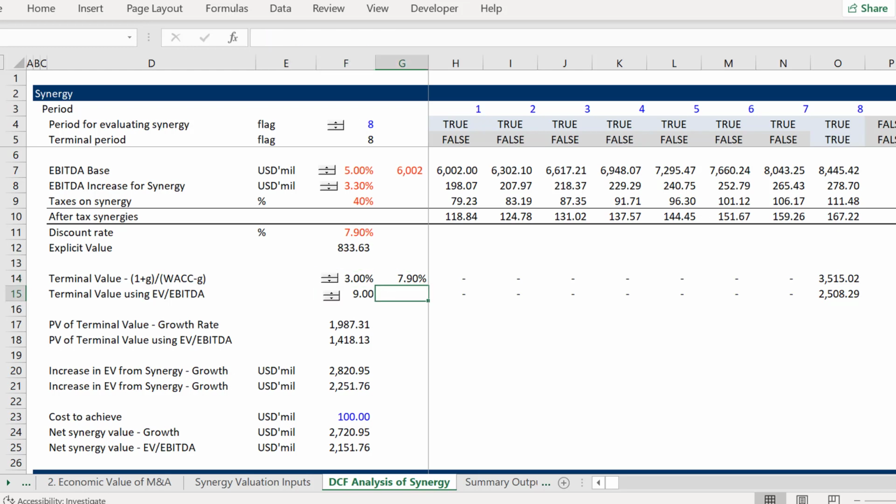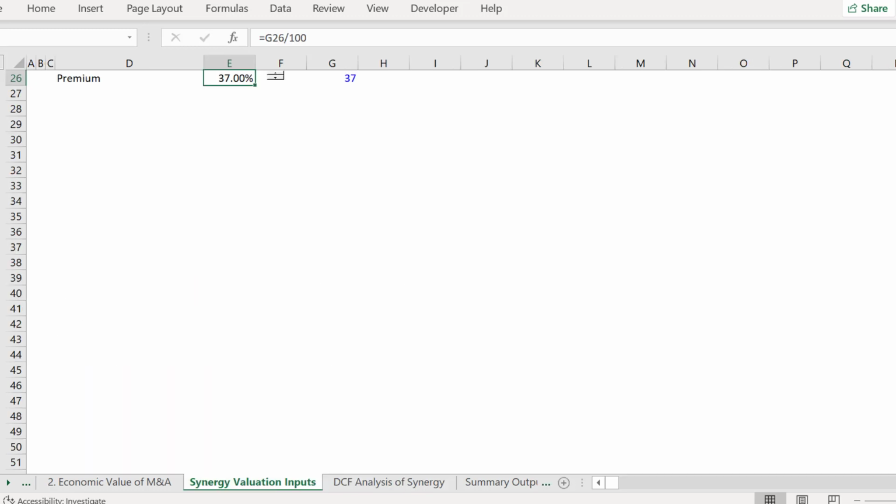Now, when you get to this last year, you could also apply an EV to EBITDA. That would be a typical kind of thing you might do. And when you do this,